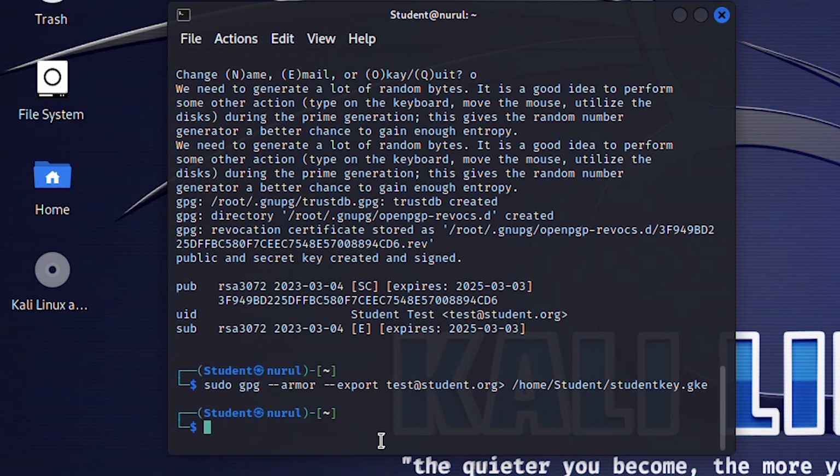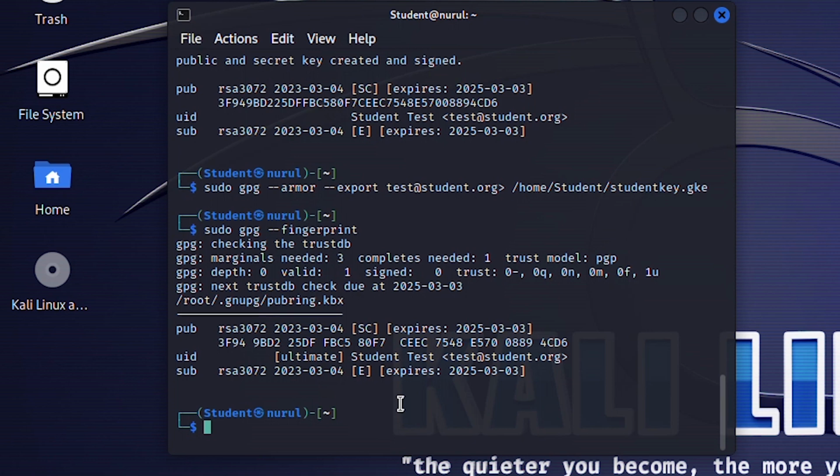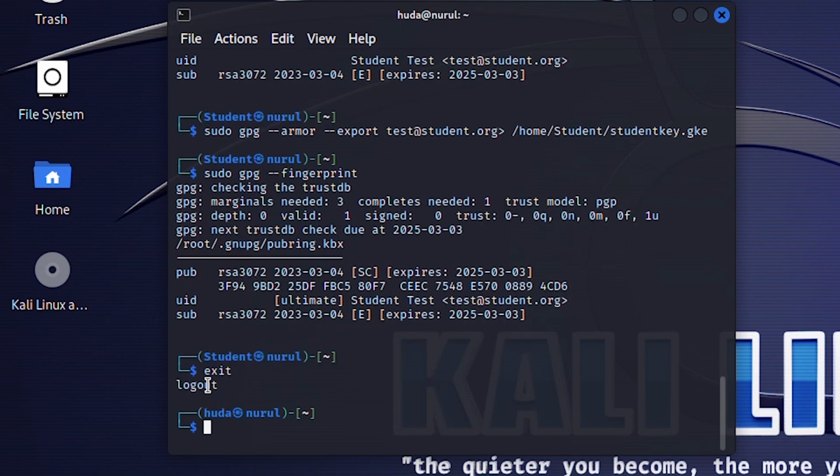Okay, I can see student's key by using sudo gpg --fingerprint. Next, I will exit from student and go back to my account by exit command. So I'm logged out and I'm back to my account. Now I will import the public key from the studentkey.gke file,